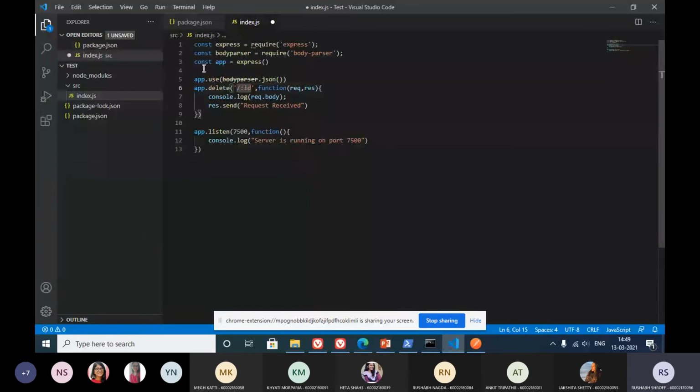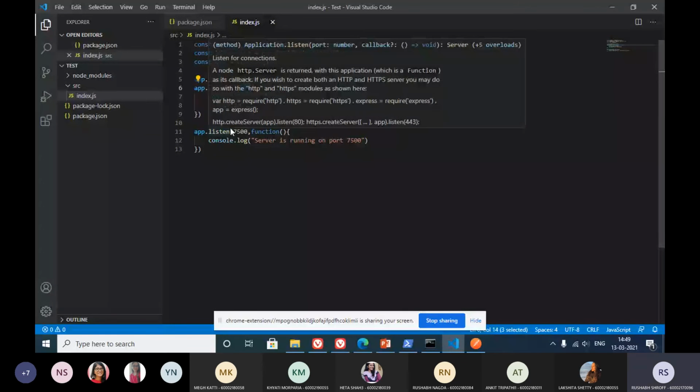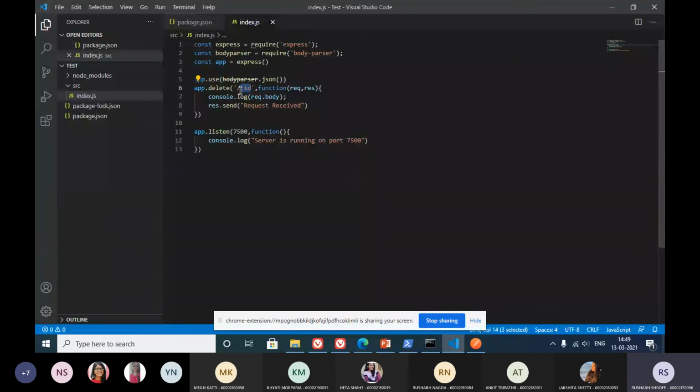Whenever you want to specify a placeholder, you do it like this inside express, and now you will be able to read this particular id using request dot params, and then dot id. So this is going to print the id that we type in over here. Let's restart the server and see what happens.